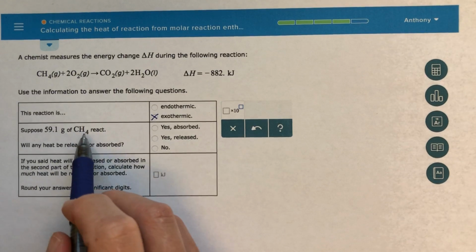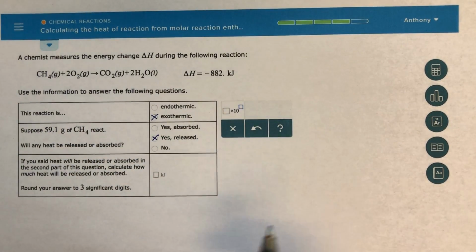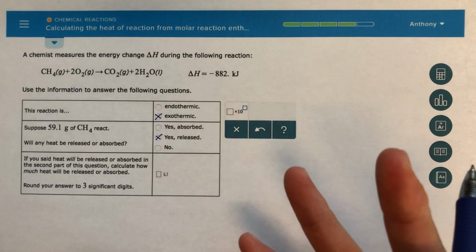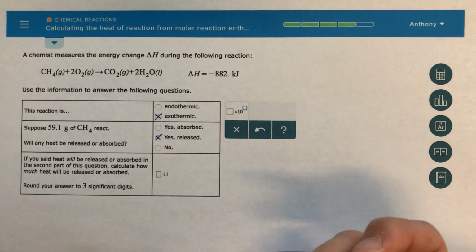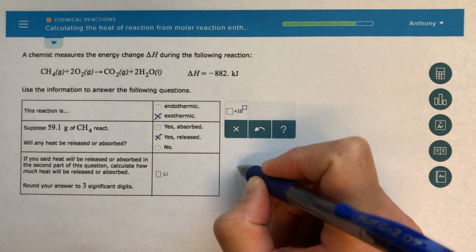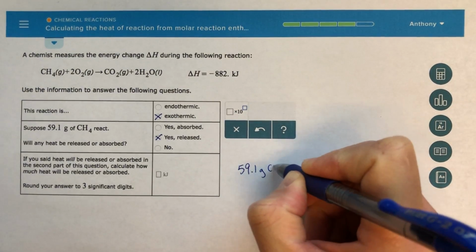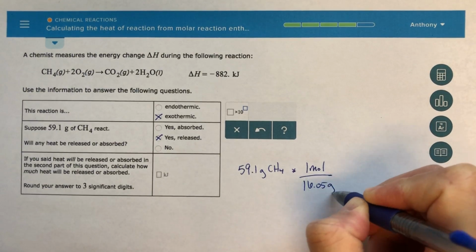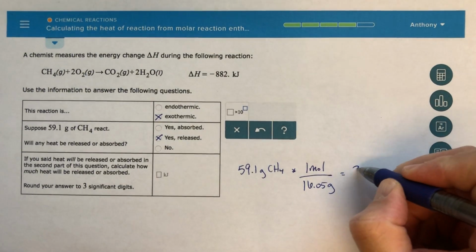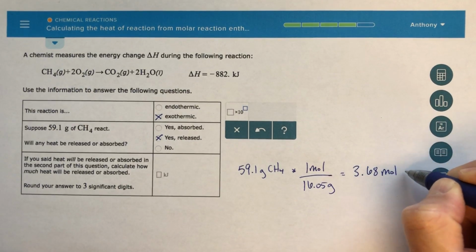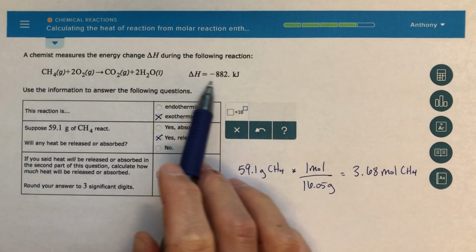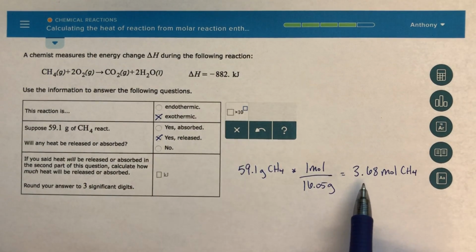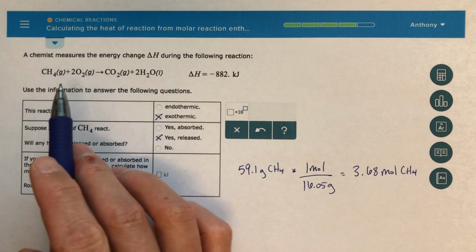If I do react 59.1 grams of CH4, yes, we're going to be releasing that energy because it's an exothermic reaction. So now for this bottom part, figuring out how much energy is going to be released, again, we need to figure out how many moles and then use that conversion factor that we were talking about earlier. So 59.1 grams of CH4 times 1 mole over 16.05 grams, just the molar mass of methane, equals 3.68 moles of CH4. This balanced thermochemical equation is saying if you have 1 mole of CH4 and you burn it in oxygen, you're going to get this amount of energy. But we want to know how much energy is going to be released if I burned 3.68 moles. So again, I'm going to use this information as a conversion factor,